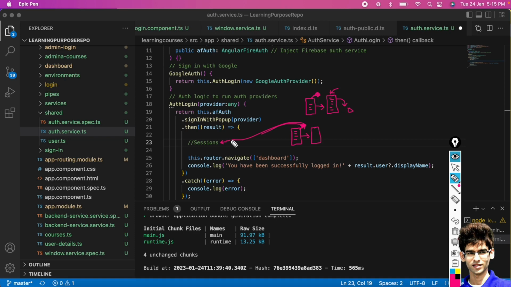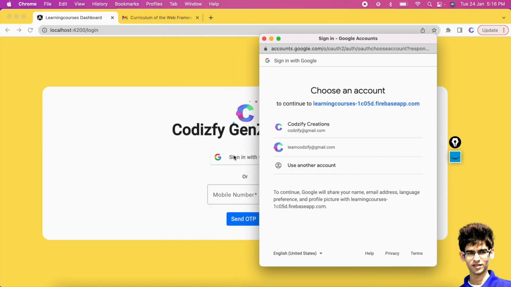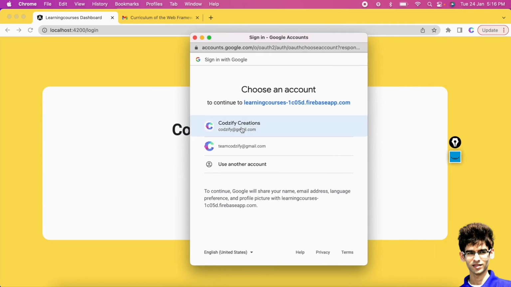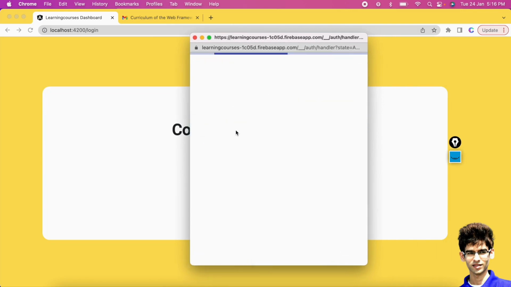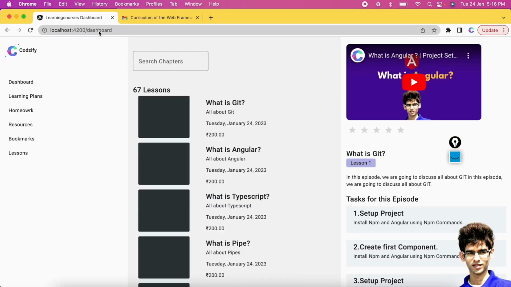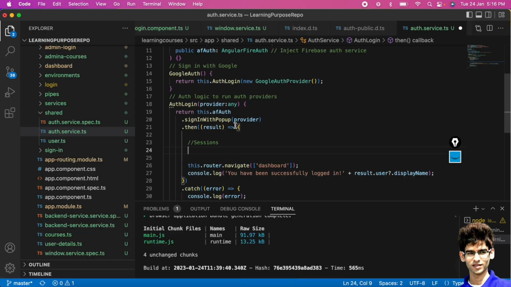So let's start the practical session. Whenever we log in here, after selecting the account here, for example, this web app has redirected us to this screen, the dashboard, and all that is written inside this auth service, right? We have